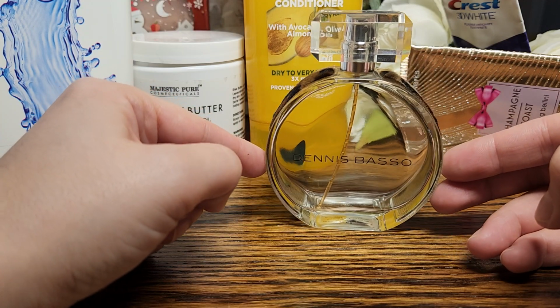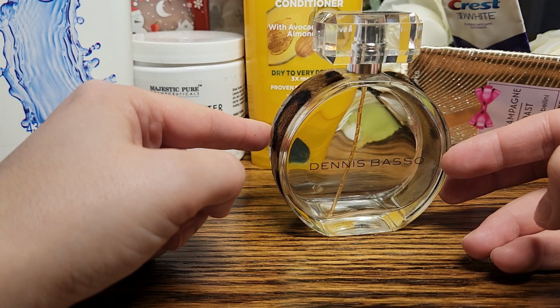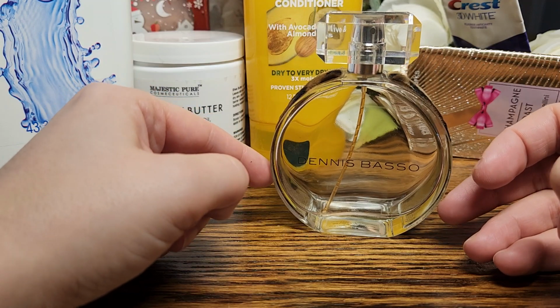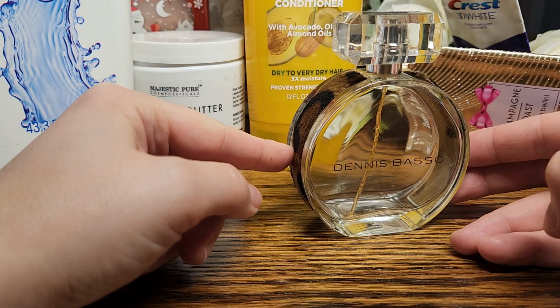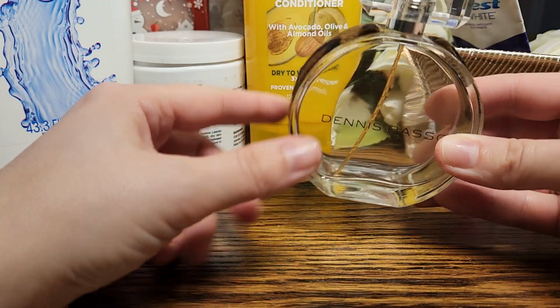And again, this is Dennis Basso. I don't know if they still make this. I looked up Dennis Basso, and I believe he makes fur products, or, I mean, I really don't know if he still sells them. And I believe this used to be sold at QVC or HSN, one of those home shopping networks. But yeah, I found this at Marshalls, and